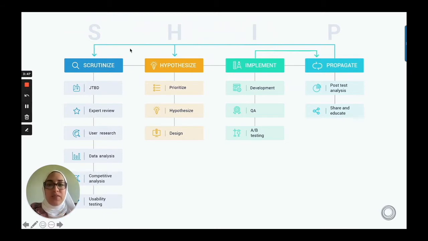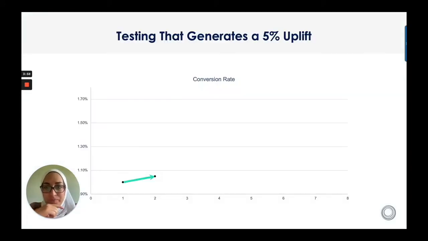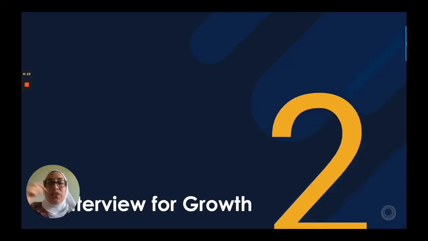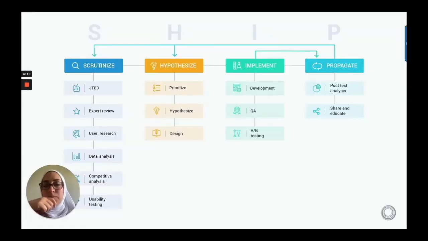As you can see, these arrows feed into each other, because it's an iterative process. It's something that's ongoing, repeatable, and thus sustainable, and you're always going to see consistent growth. We're looking for that constant growth, the 5%, the 7%, and the 10%. By following a process and not just hoping and not just template tweaking, you're going to see some amazing uplifts. The second important point is you want to interview for growth. So what does this mean?